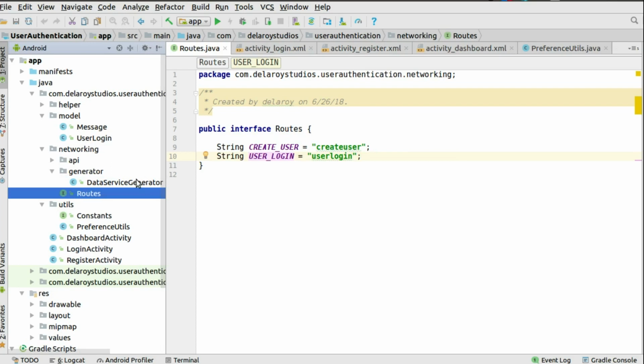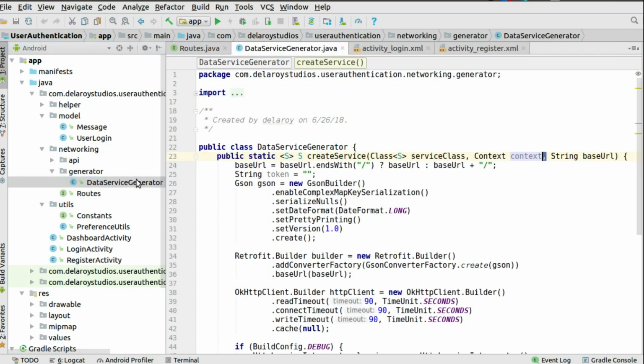These are just naming conventions. You could name them anything you feel like. This is just a boilerplate that takes the service class, the context, and the base URL if you have one. It's going to check for the backslash and make the URL useful, not a malformed URL. And you have the